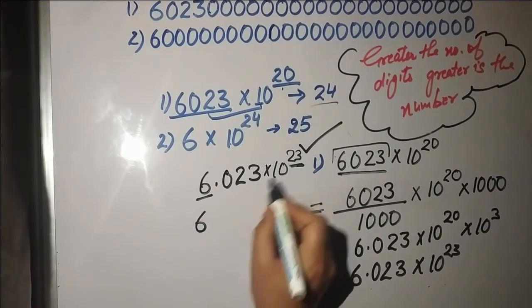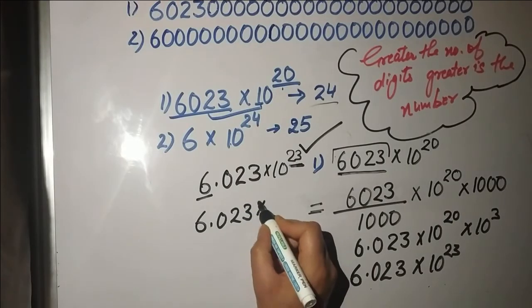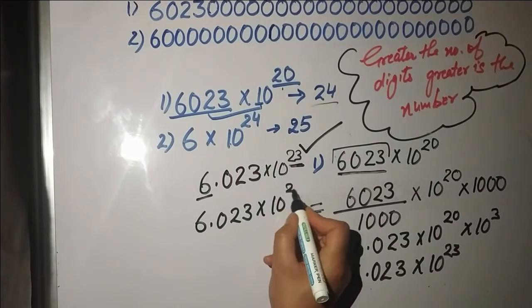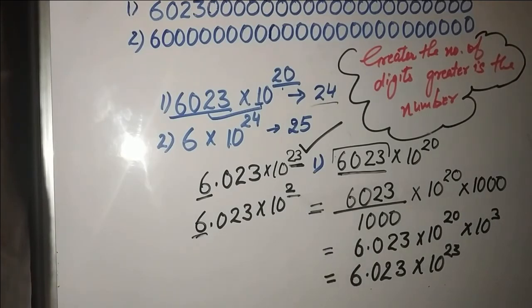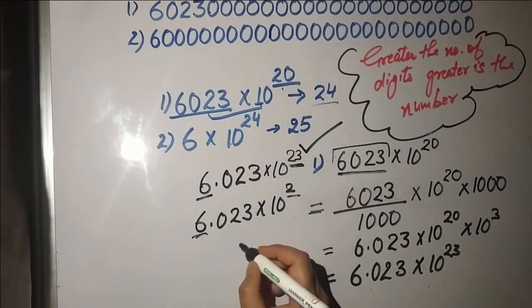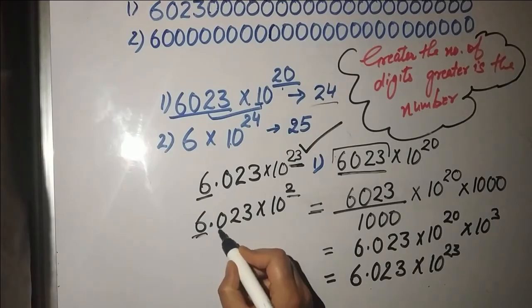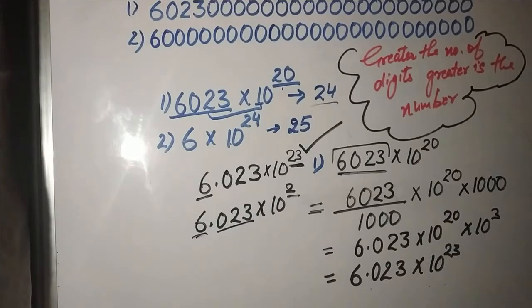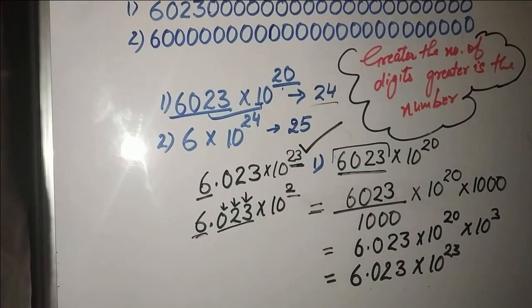Why? I cannot explain it with this 23, but if I multiply this number with 10 raised to power 2, so 2 digits and this is 1, it is actually a 3-digit number. Because this will not increase the number. I am not counting these because they will not increase the number of digits. They are decimal numbers.